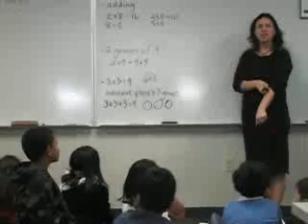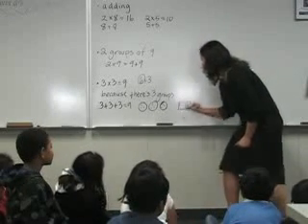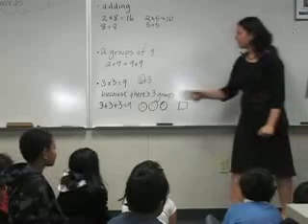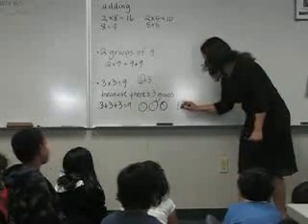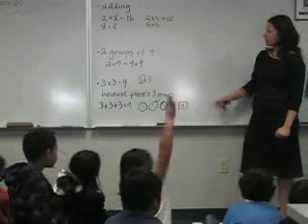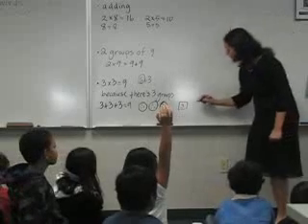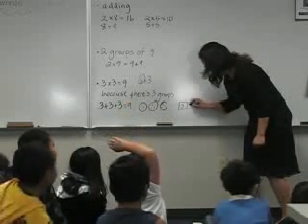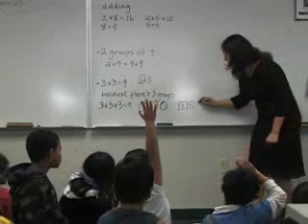Okay. I'm going to try another picture. Instead of circle groups, what if I make a box? And instead of dots, I'm going to put a number in there, 3. Let's say that's one group of 3. How could I finish that picture to show 3 groups of 3? What would you do? Another box and put in 3. Okay, so now what do we have? What does this show? 6. So it equals 6.